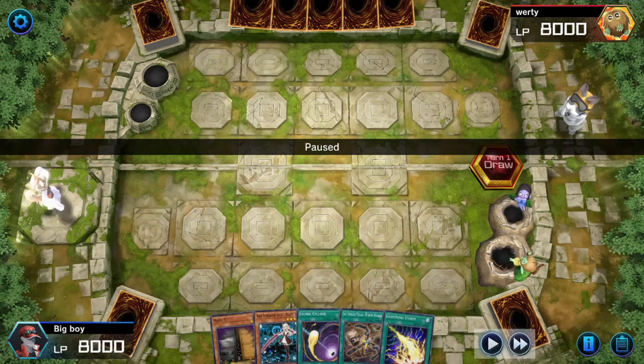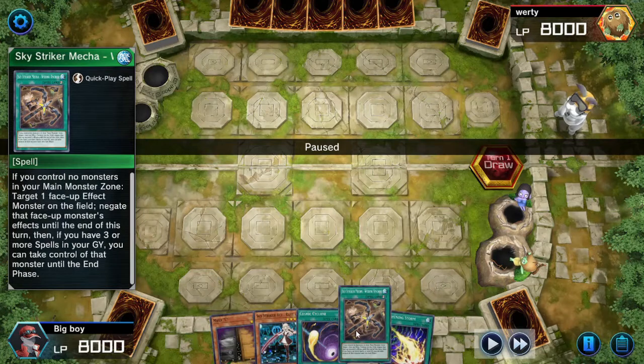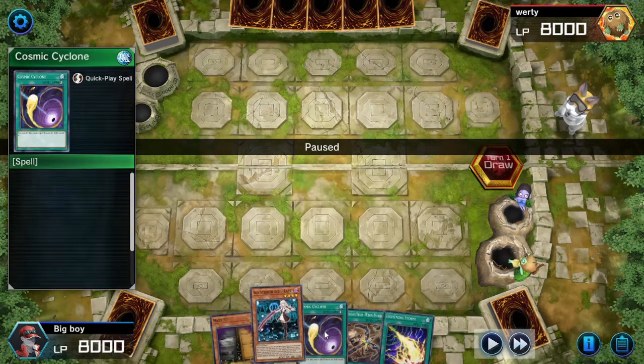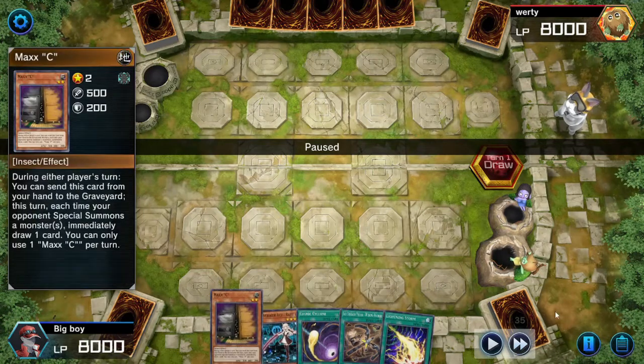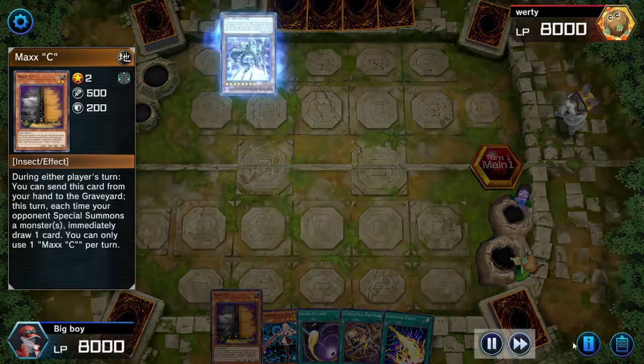We have returned. Man, we are getting pretty lucky now, drawing a Lightning Storm, a Widow Anchor, a Cyclone for the Imperial Order, a Ray, and a Maxi. So this is going to be good, hopefully. And our opponent reveals a Gizmek